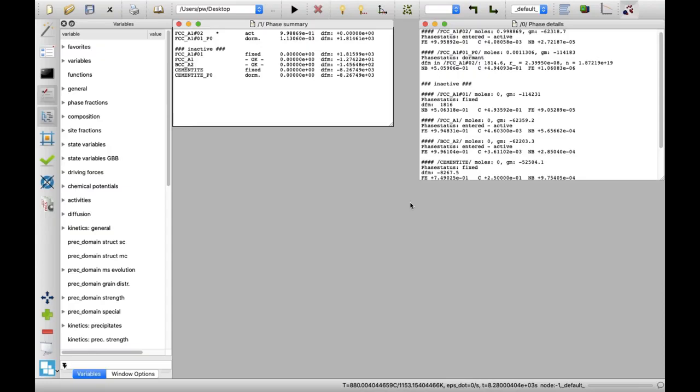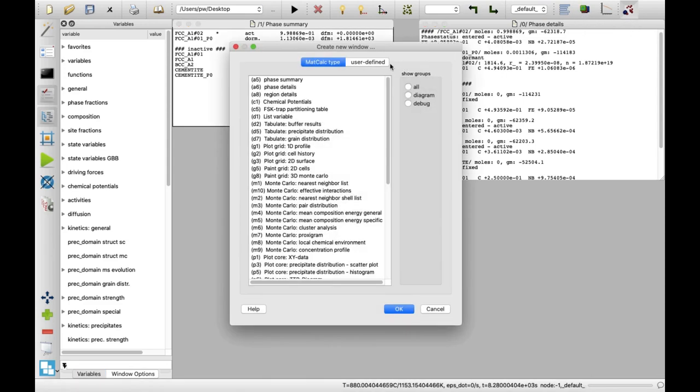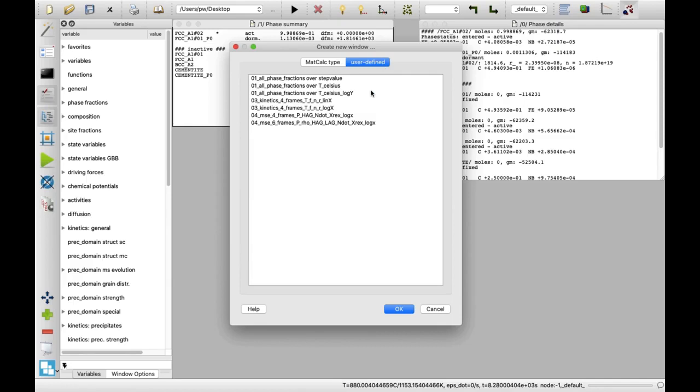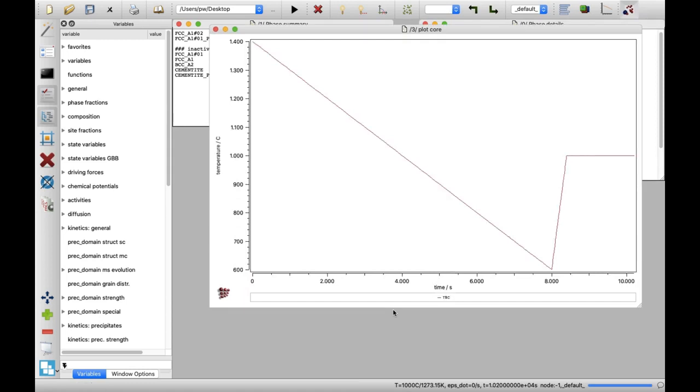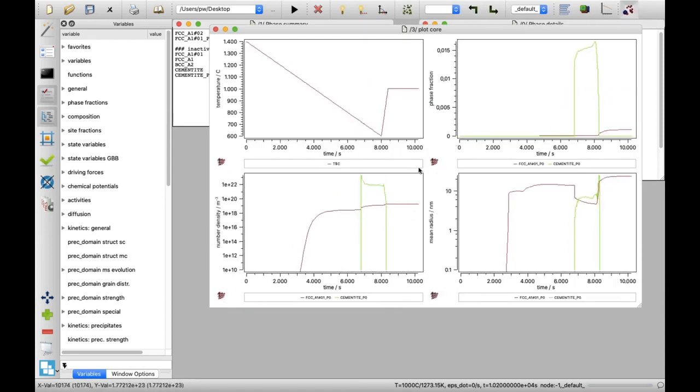Let us visualize the results on the plots. Click on Create New Window icon. Switch to User Defined tab. Select the fourth item on the list, 03, Kinetics, 4 frames, TFNR, links, and click on OK button. The plots containing the time evolution of system temperature, precipitate phase fractions, number densities and mean radius appear in the